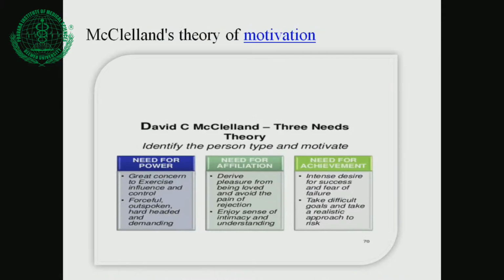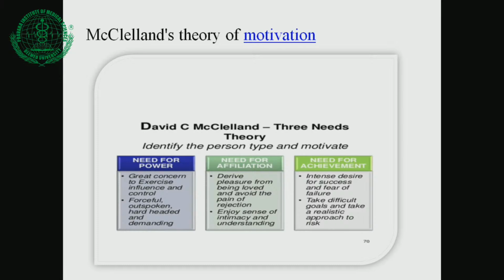All this regarding Maslow's hierarchy of needs theory. Now the next theory that we are going to see is McClelland's theory of motivation. When we are talking about McClelland's theory of motivation, normally it is related to the higher needs or the secondary needs. So McClelland talks regarding the need for power,